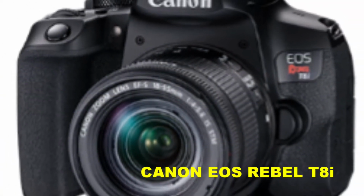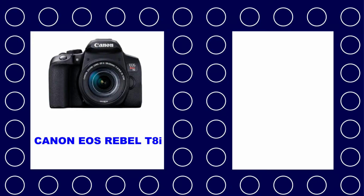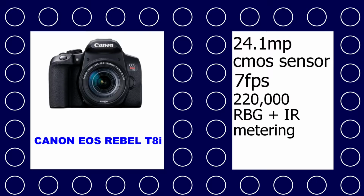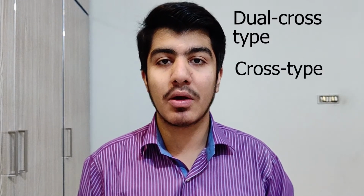Number 5, the last one, Canon EOS Rebel T8i. This camera has a 24.1 megapixel CMOS sensor camera. It has up to 7 FPS continuous shooting, 220,000 RGB plus IR metering sensor, 4K time-lapse movie, wide-angle LCD and Wi-Fi and Bluetooth connectivity. Okay, so this camera has 2 autofocus points modes, dual cross type and cross type autofocus